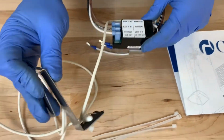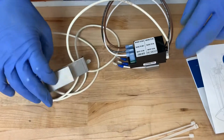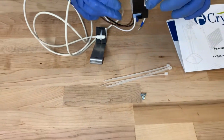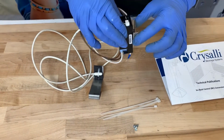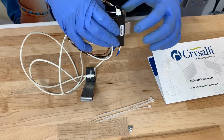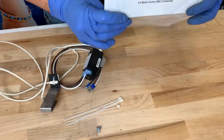It also comes with the bracket and an electronic sensing bulb, a couple zip ties, and some hardware to secure this to the existing bracket. It's backwards compatible, fits into the same mounting bracket, same mounting holes as the old one. And then most importantly, it comes with this